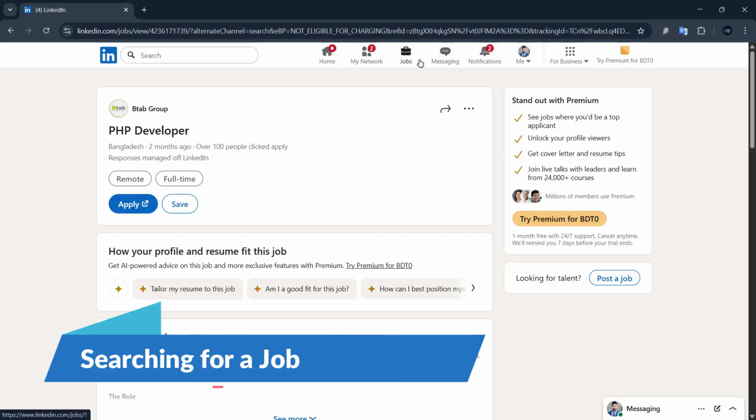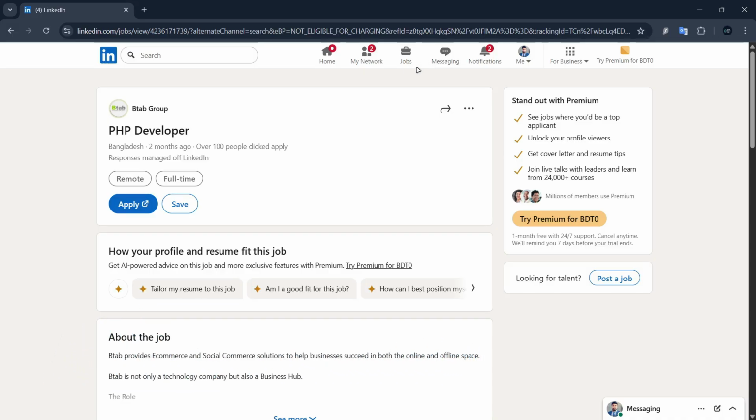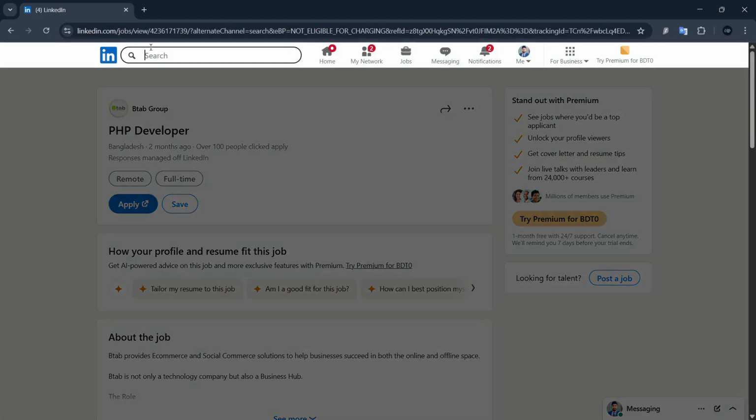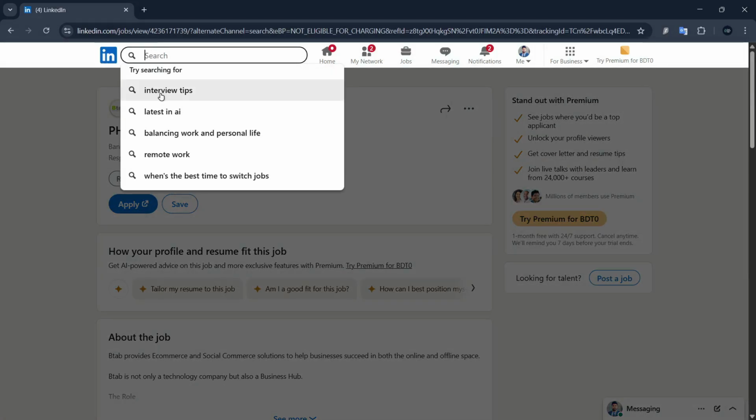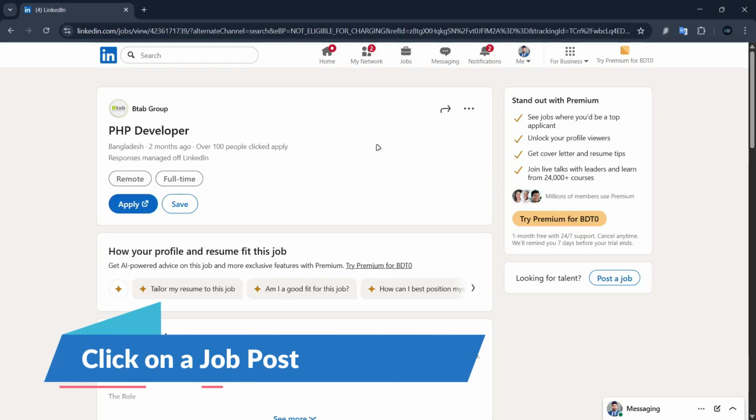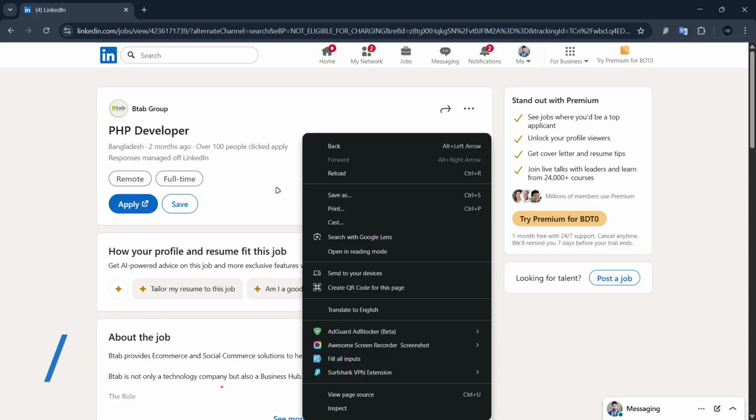Head over to the LinkedIn jobs section. You can find it right at the top of the page. Just click on Jobs. Now either search for the job title you are interested in or just browse through the listings. Once you find a job you want to check, click on the job post and right-click